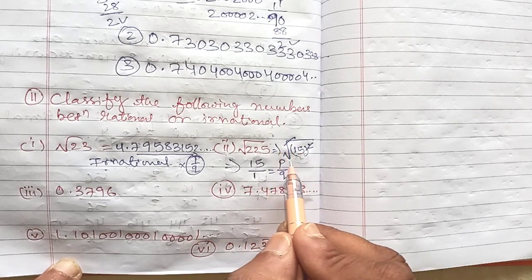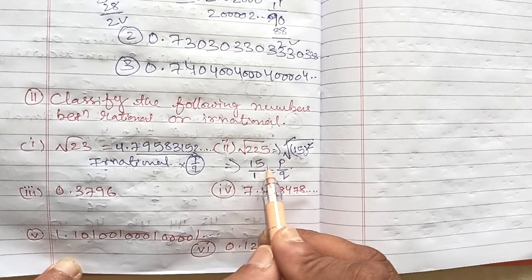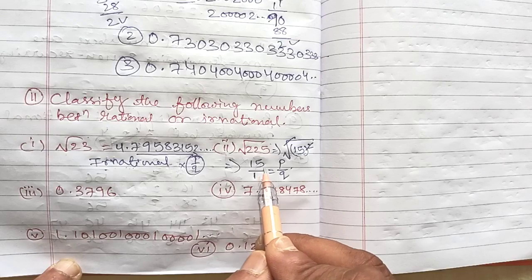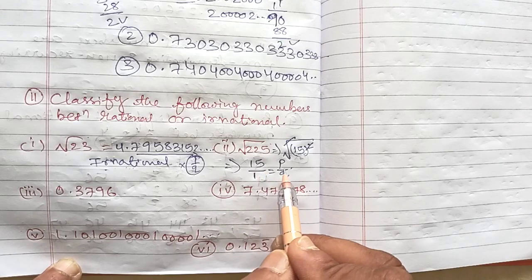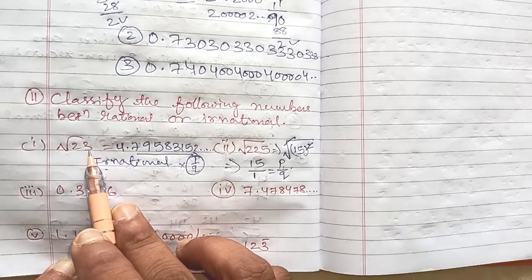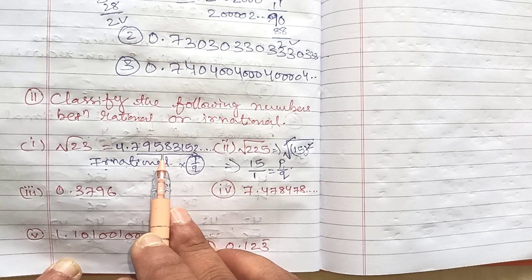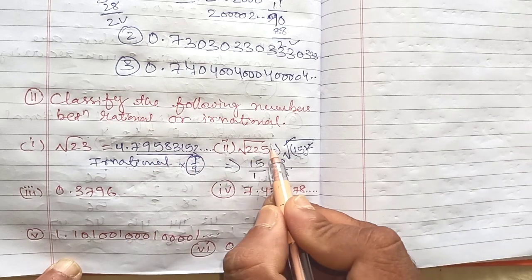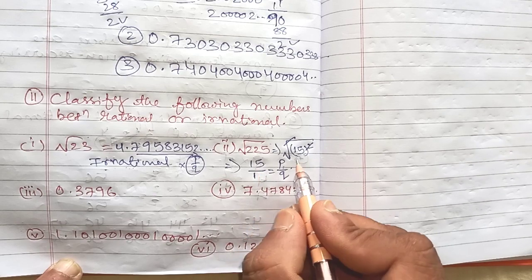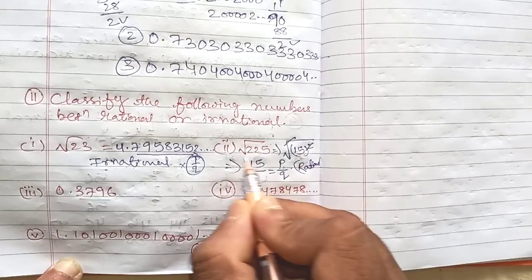First of all, see whether you are able to convert it into a natural number or whole number. If you can convert those square root numbers into a natural number or whole number, divide it by 1 so that it becomes in the form of p by q. So root 23 was irrational because no number is repeating and it is non-terminating. But here root 225 got terminated and we got 15 by 1, which is rational. Root 225 is rational.